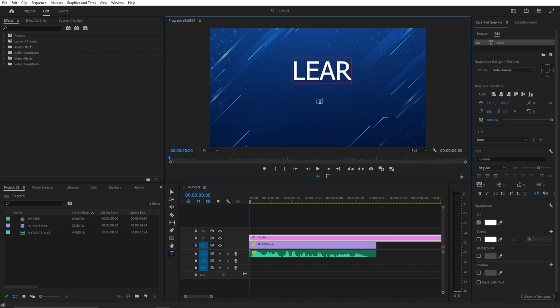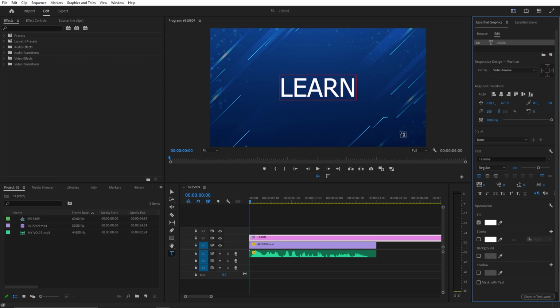Then type the first word according to your voice, and then modify it using these settings. After modifications, don't forget to align your text in the middle of the screen using these two buttons. Now take the timeline slider at the start of the text, make sure the text layer is selected, and open